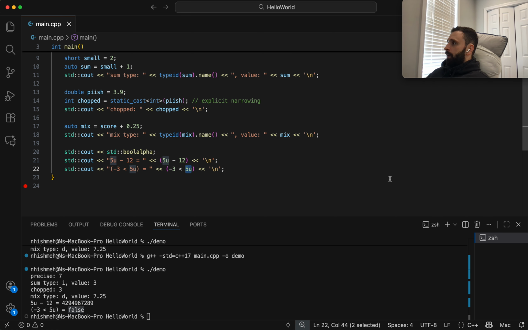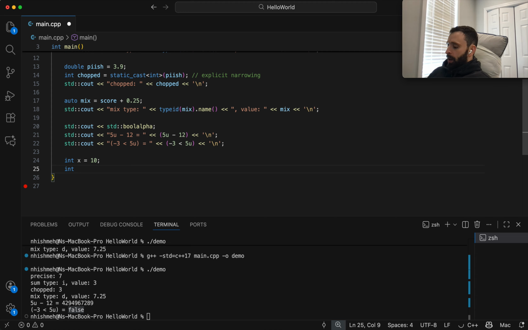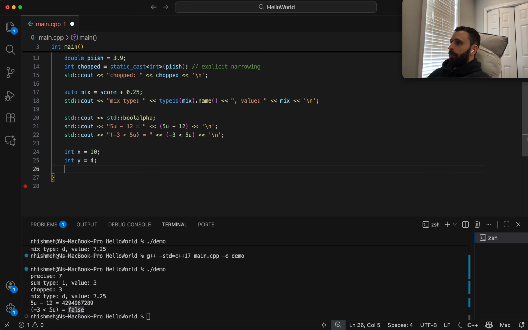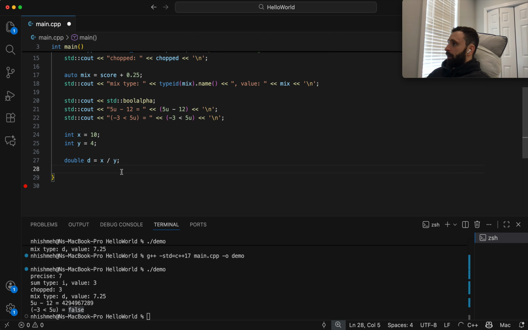Alright, so now let's look at a different example. Let's say we have int x equals 10, int y equals 4. And then we have double d equals x divided by y, so 10 divided by 4.